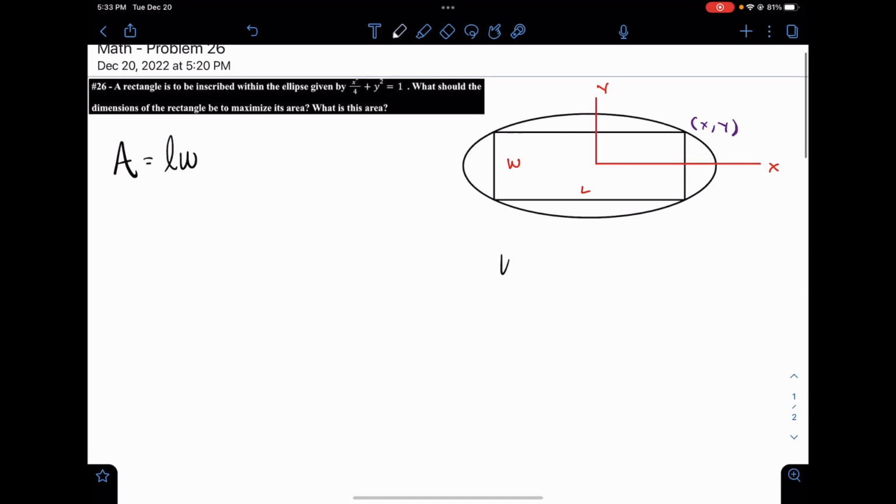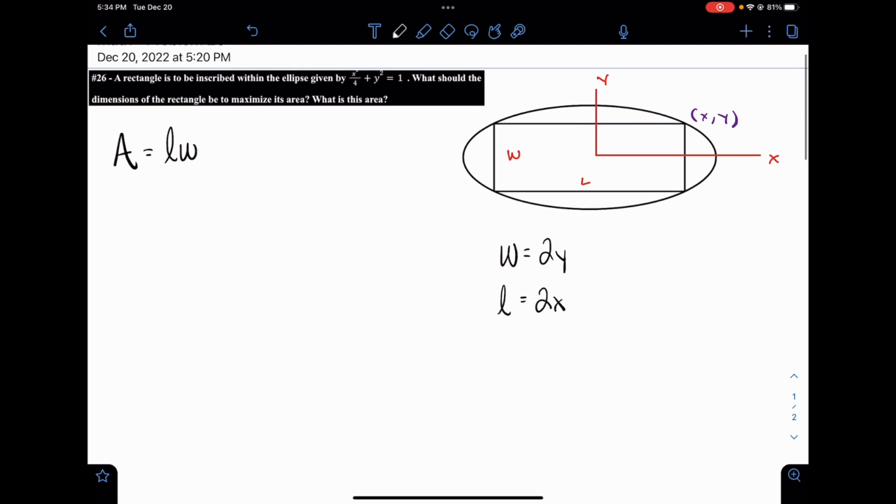So we know that width is going to equal 2y, and length is going to equal 2x. And we can substitute this into our equation. So now we have area equals